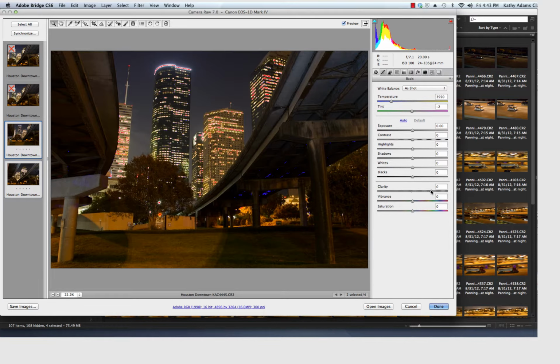Remember that we start with clarity, because all images need to be clarified. That kind of sharpens them up just a little bit. We're going to vibrance and we're going to saturate. And then going back to the first image, because now we've taken care of that on both images, I see